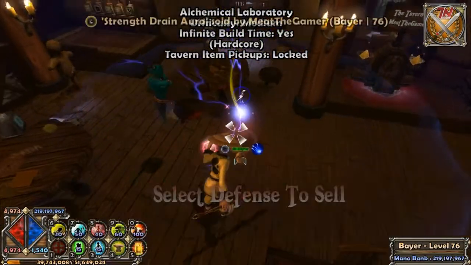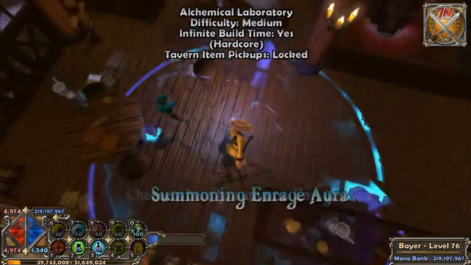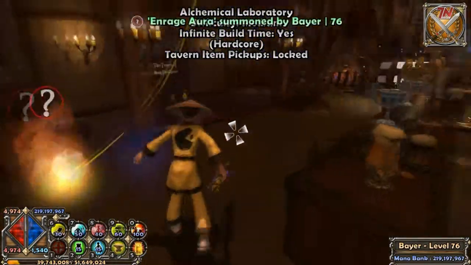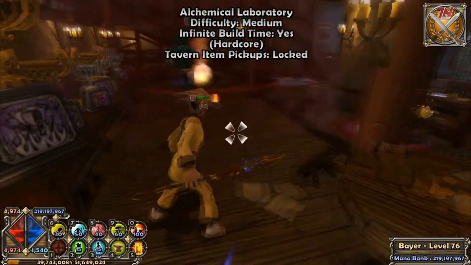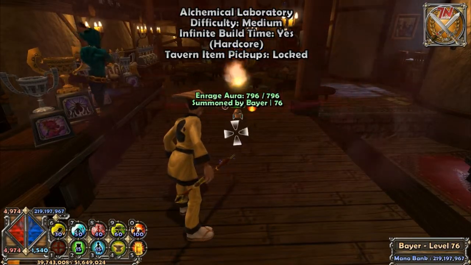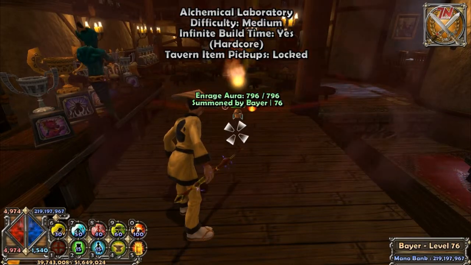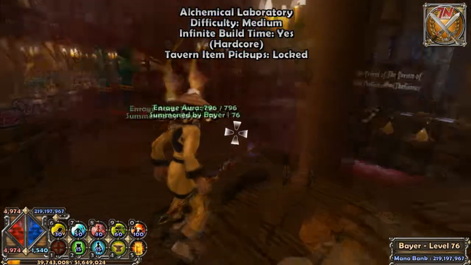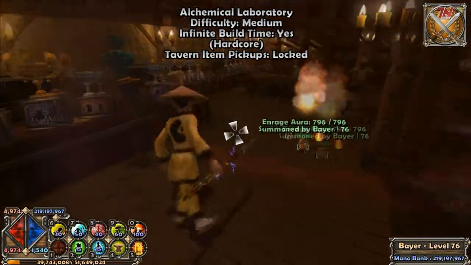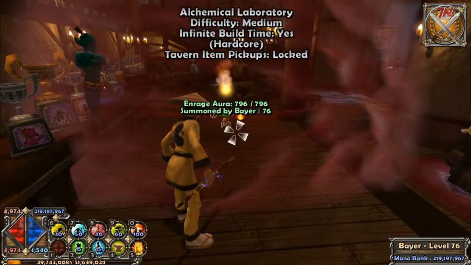Okay, let's talk about the last aura, which is the enrage aura. This one a lot of people don't like, but it's really nice in a map where there's a lot of enemies and you only want to focus on taking down the big ones. This aura, every mob that steps into it has a chance, it's not 100% as far as I know, to